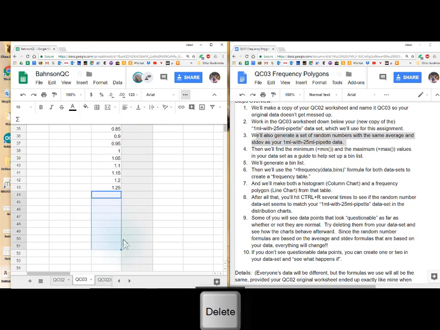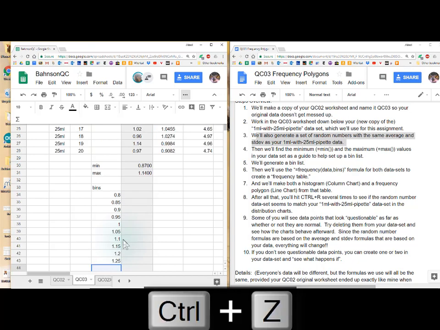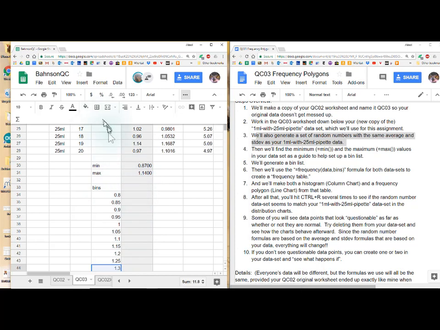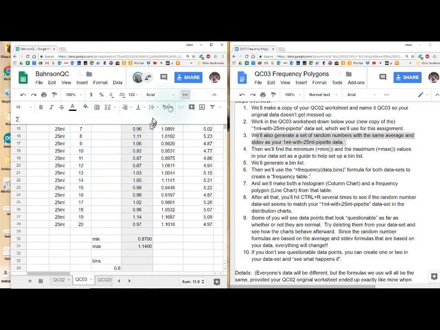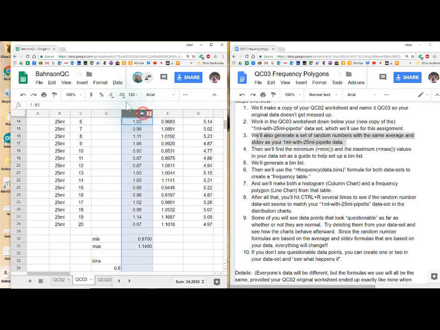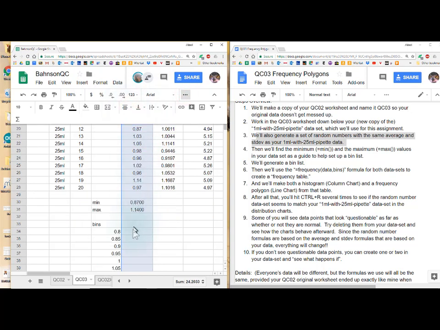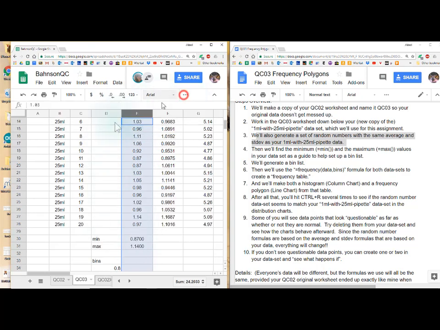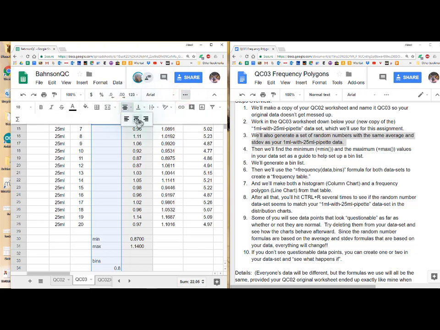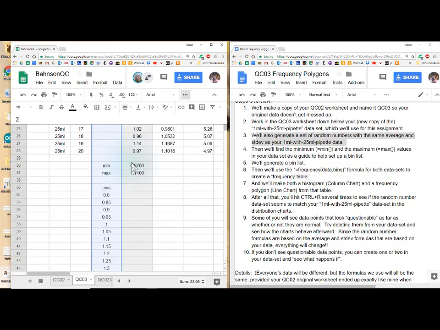And so just delete that, or let's Control Z, leave that there, we have the room. Once again, I want to format this all in the middle. Okay, now on this also, it gets to be a pain working in half a sheet. Okay, so there's our bins,